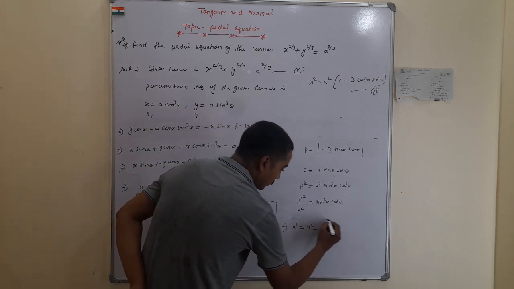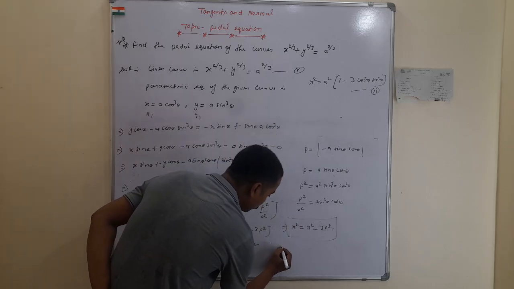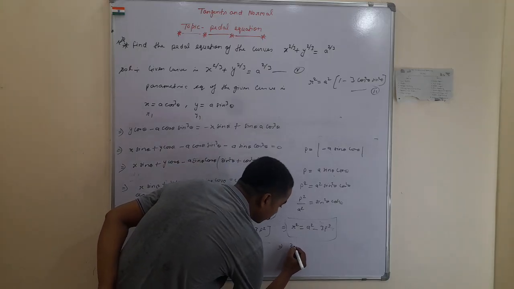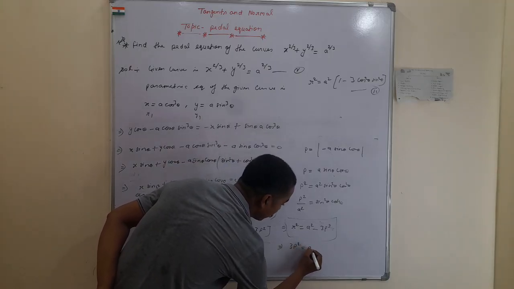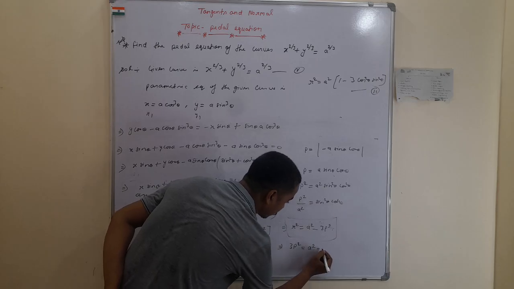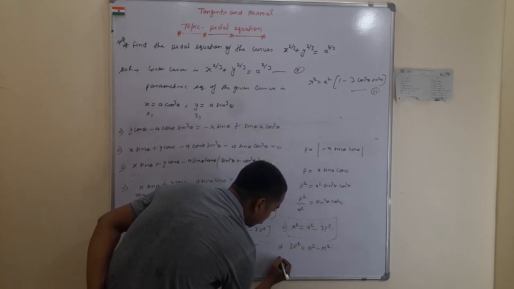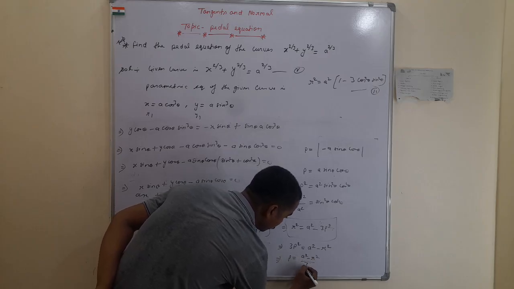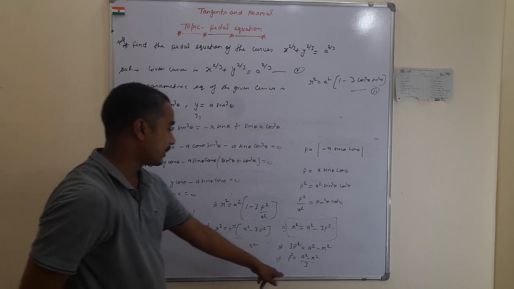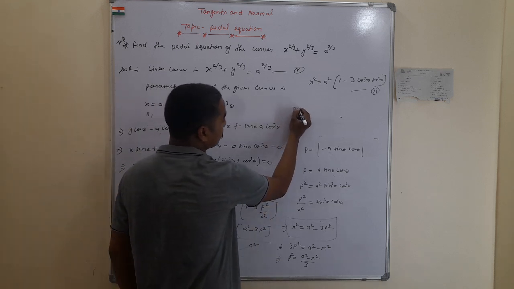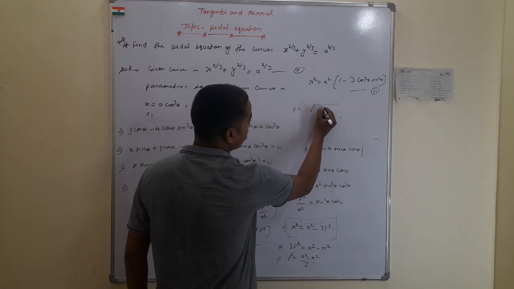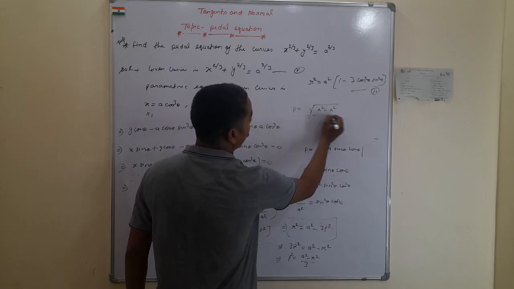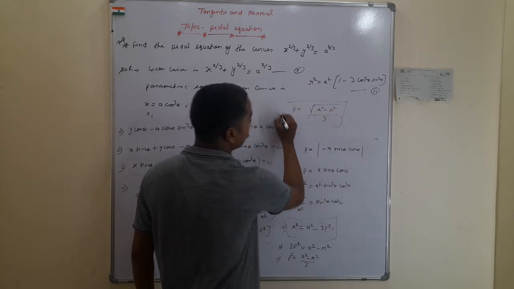This is the required PDL equation of the given curve, and we can also write this equation in the form of 3p square taken to left hand side. This gives plus 3p square, and a square, r square is taken to right hand side. This gives minus r square, and 3p square is equal to a square minus r square, and taking the root here, this gives p is equal to under root of a square minus r square whole root upon 3. This is the required PDL equation of the given curve.